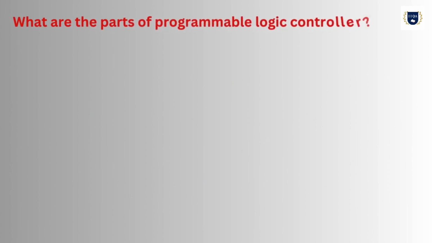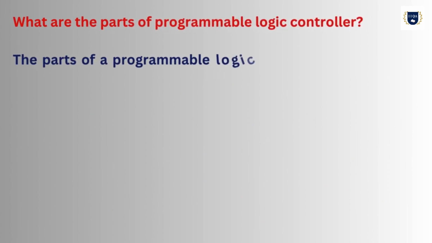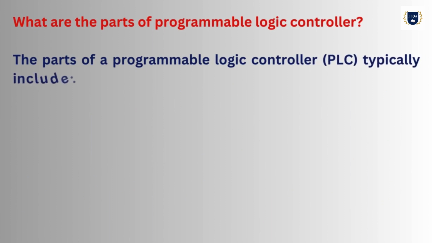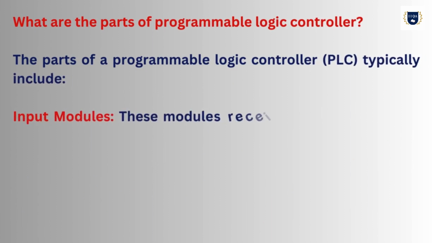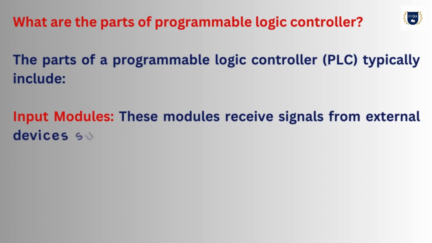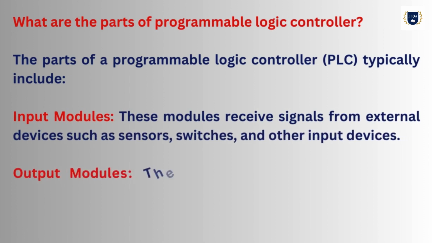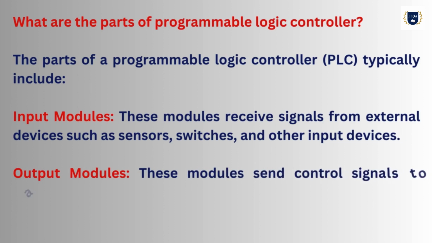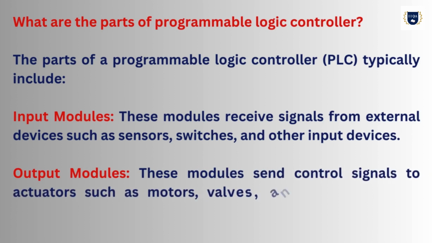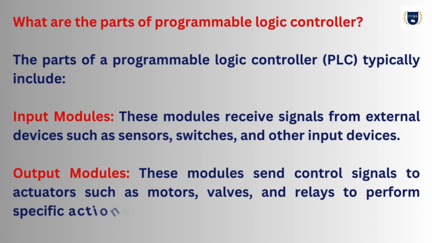What are the parts of a Programmable Logic Controller? The parts of a Programmable Logic Controller, PLC, typically include input modules. These modules receive signals from external devices such as sensors, switches, and other input devices. Output modules. These modules send control signals to actuators such as motors, valves, and relays to perform specific actions based